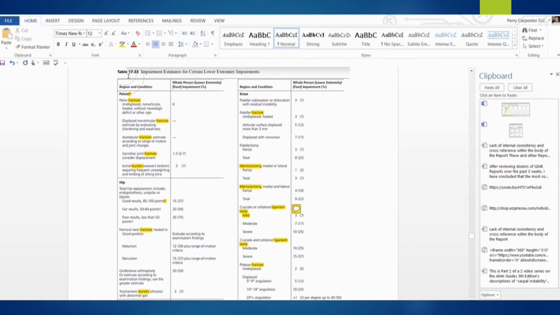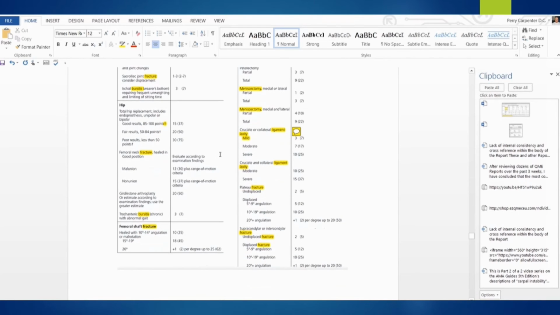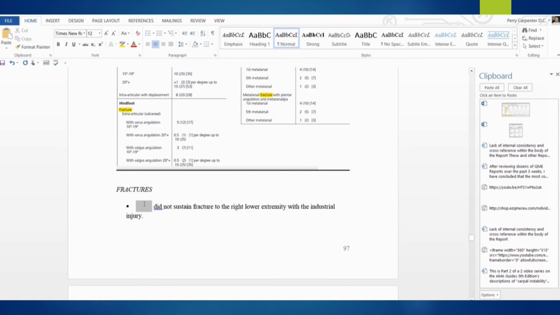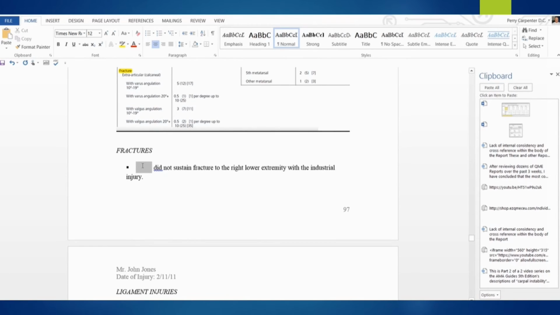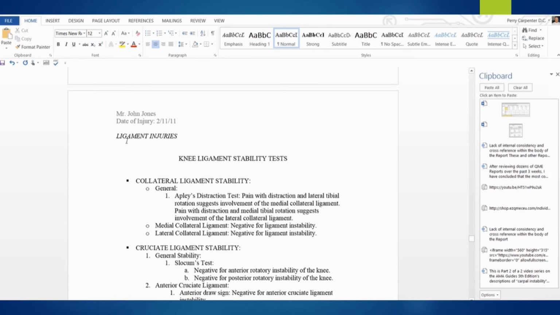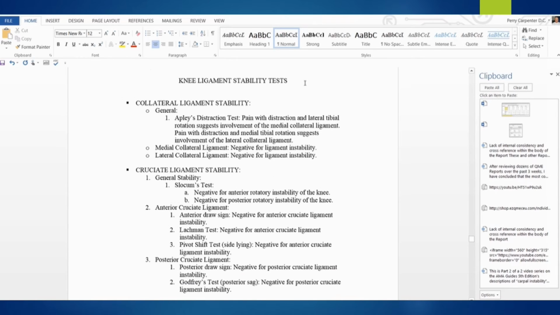And here's the chart, table 17-33, that describes all of the different diagnoses and conditions that the AMA Guides provide for permanent impairment, 4th edition. So this is given to you here for your reference. The first of which is fractures. It's rare that we're going to have examinees who suffer fractures, but if they do, we would discuss that here. We then go into the assessment for ligament injuries, both of the knee, and here's the entire section on